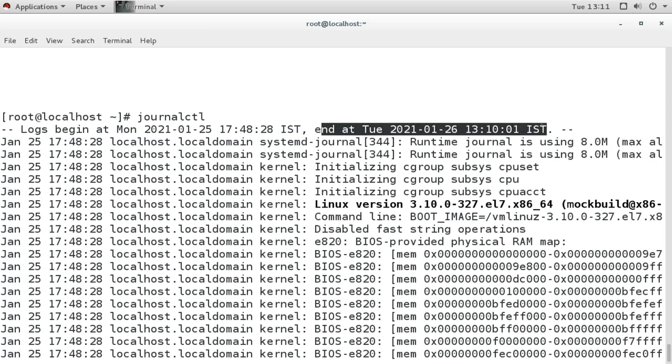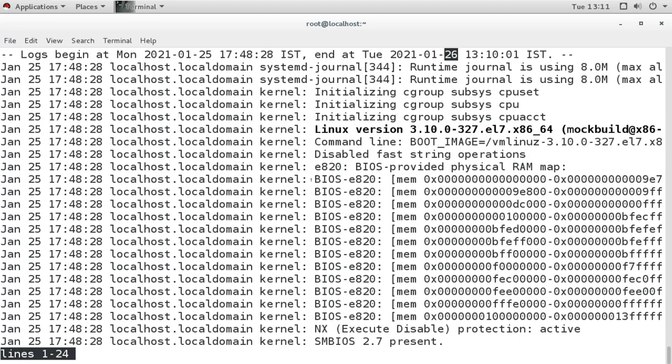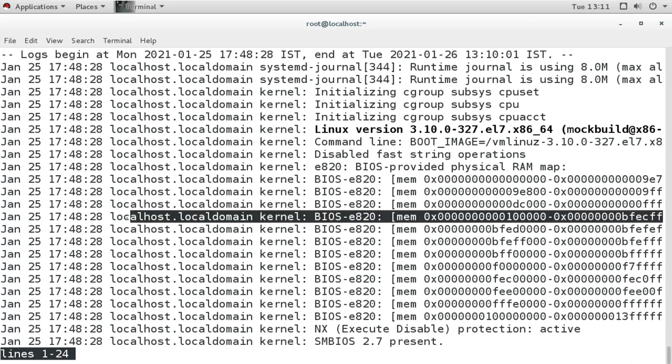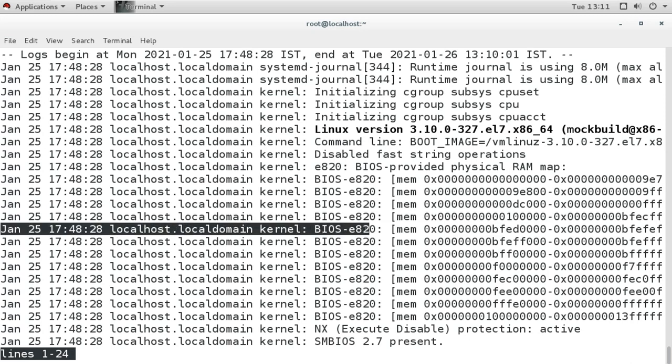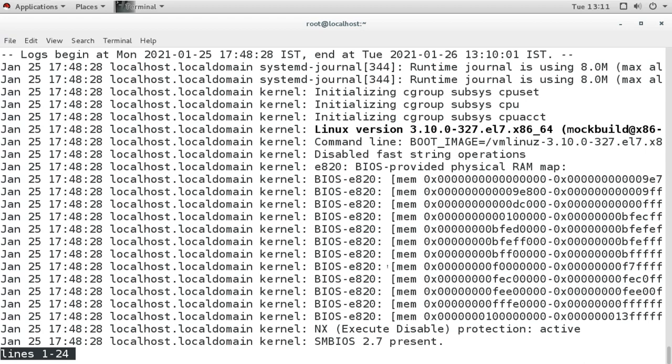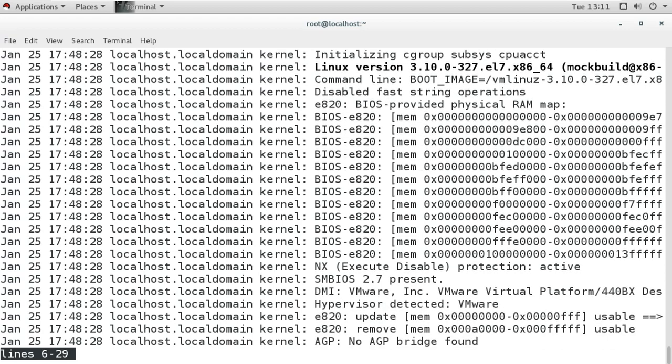Now I said it will be removed after reboot, but it is showing the date from 25 to 26. Why? Because since then I have not shut down my system. So when I shut down my system, it will remove all the current logs, and on the next reboot it will start creating new logs. And now you can see the format of the log is the same as what we have in the log directory, and we can see all the logs here.